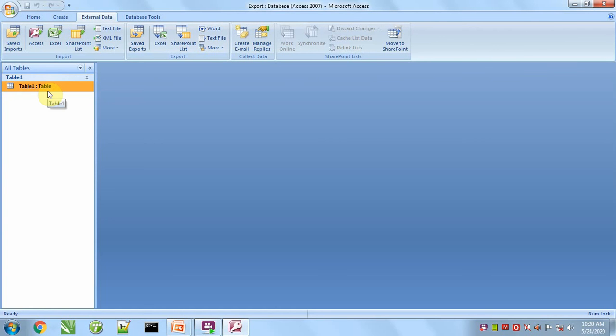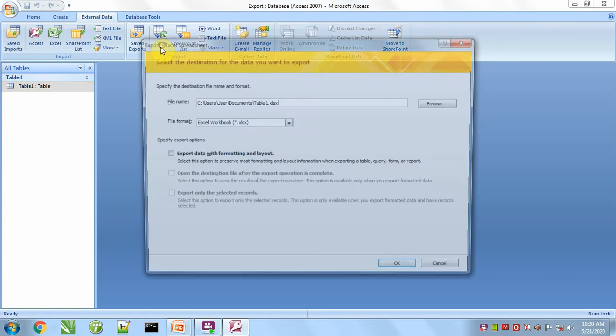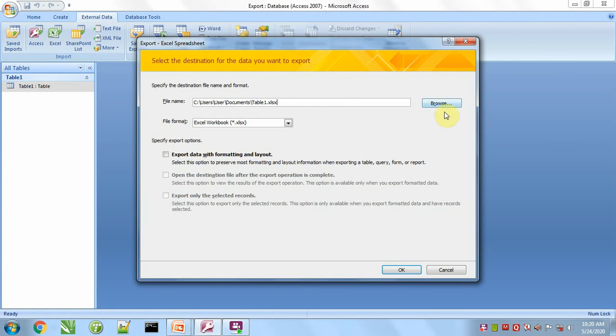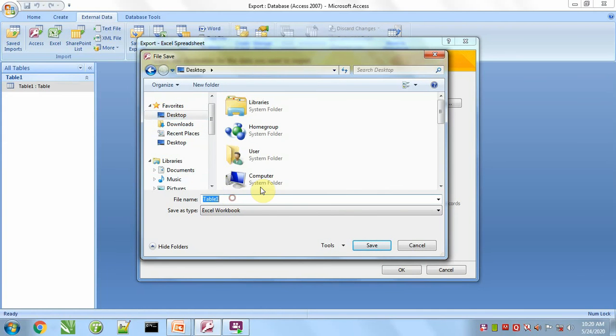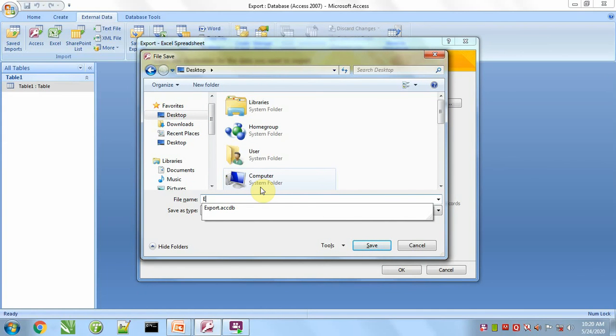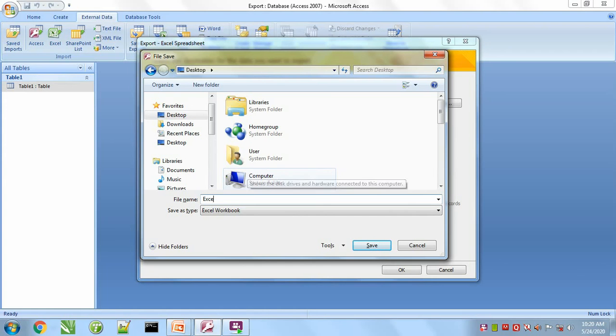First of all, we'll export this table into Excel file. So we'll click on Excel, browse, desktop, Excel table.